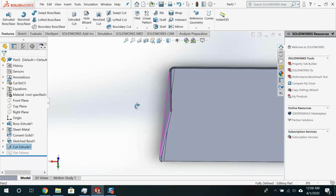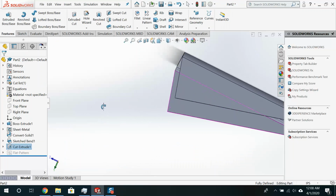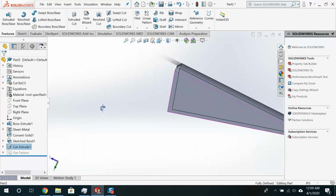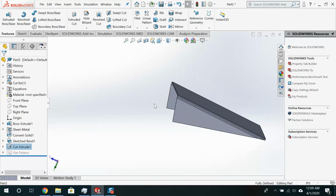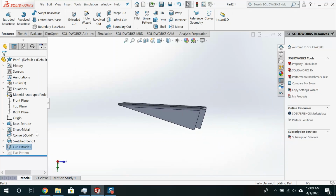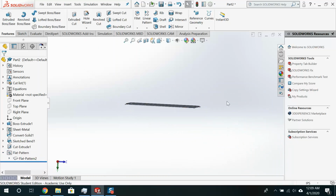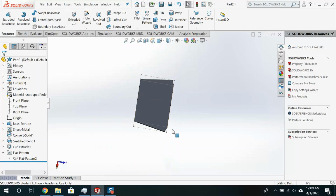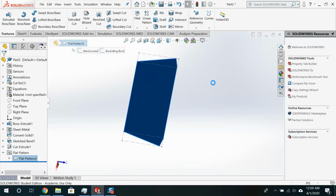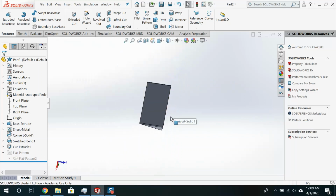And there you go. Now you can see that we have this nice cutout here. So if I ever wanted to actually cut this out on the water jet, what I would do is go to flat pattern here, and unsuppress this, and now you can see this turns into the sheet that I actually would have wanted to cut out. But I'm going to resuppress that because I like my sheet the way it is,